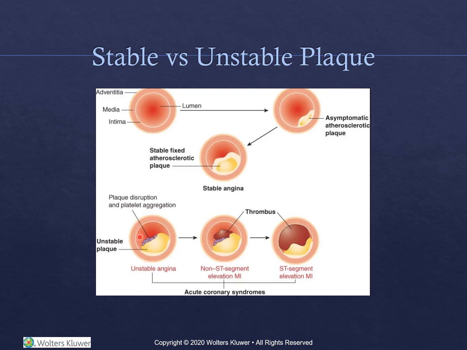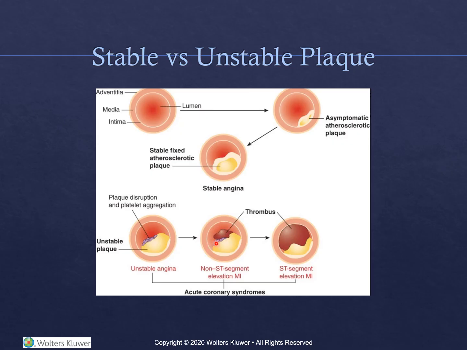And so platelets that are floating past react to that lesion by starting to stick to it and aggregate to that site. And as they further aggregate, we can start to see things like thrombus formation within that vessel. And so as that disruption starts, we might see unstable angina where that patient has chest pain both at rest and at increased work. As that thrombus might progress, someone may experience what we call a non-ST segment elevation MI, which we'll talk about. But you can see there's still some lumen open, so they still have a certain degree